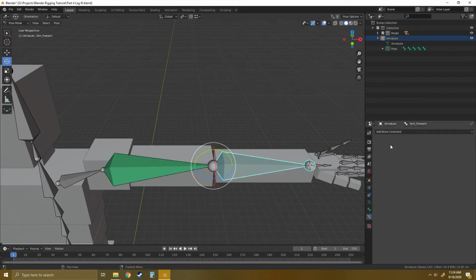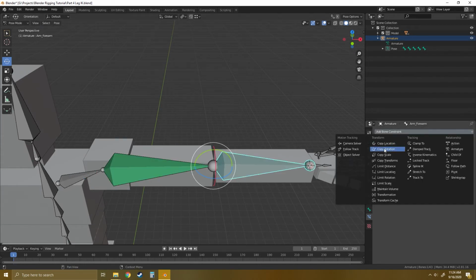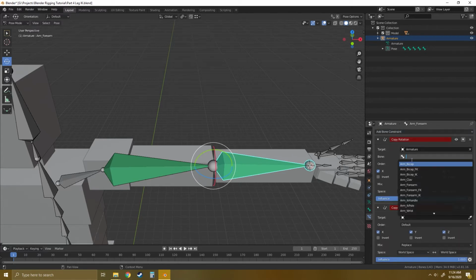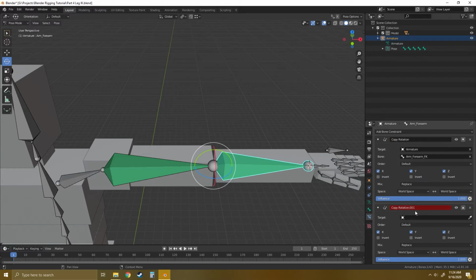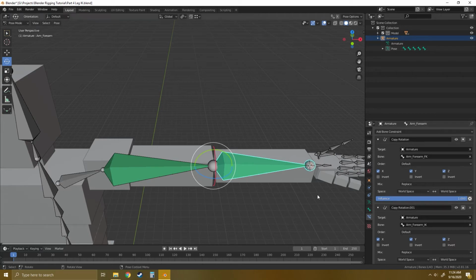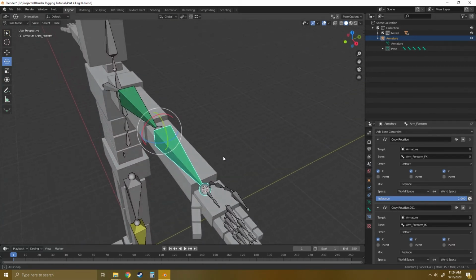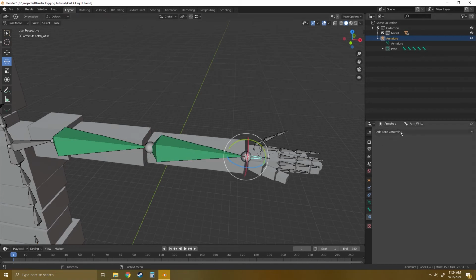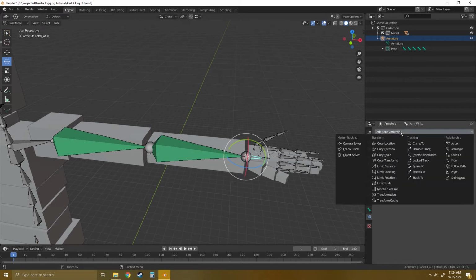Next, grab your forearm. Let's do the same thing: add constraints, 2 copy rotations, and the target is armature, and then forearm FK, and armature and forearm IK. Perfect. The reason that it's rotating like that on the hand is because we have the IK set up